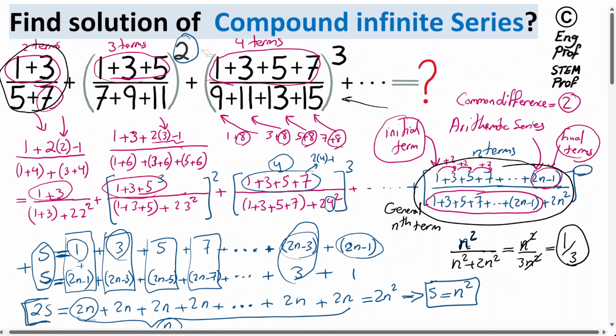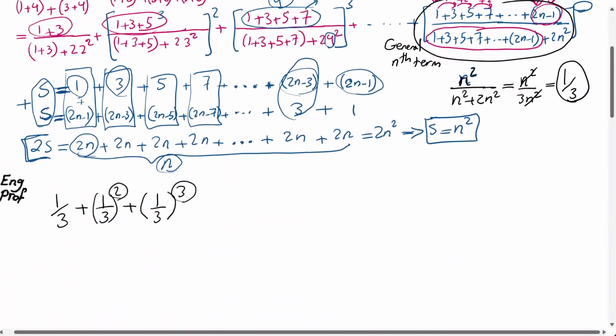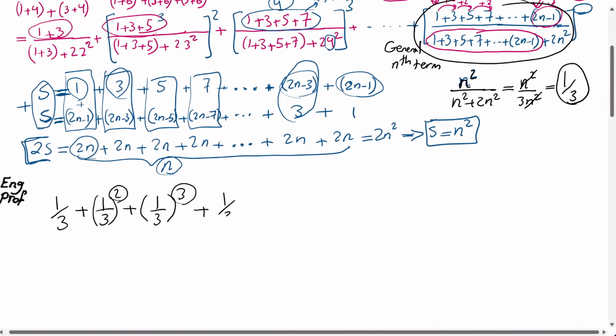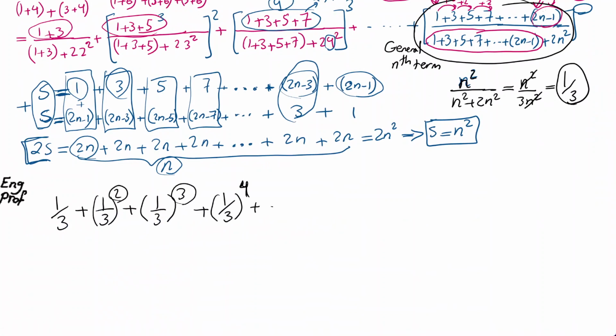See, in the given compound series we have powers that are showing up, so I'm just repeating them, and this goes on forever. Of course, if we are dealing with the finite version of this summation, it would go up to 1 over 3 to the power n. So in the finite version of the summation, what is this? We had an arithmetic series with common difference. Now we have a geometric series